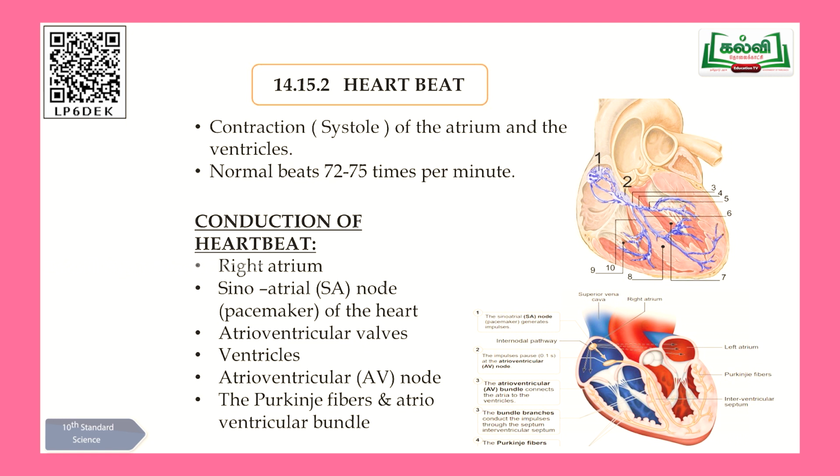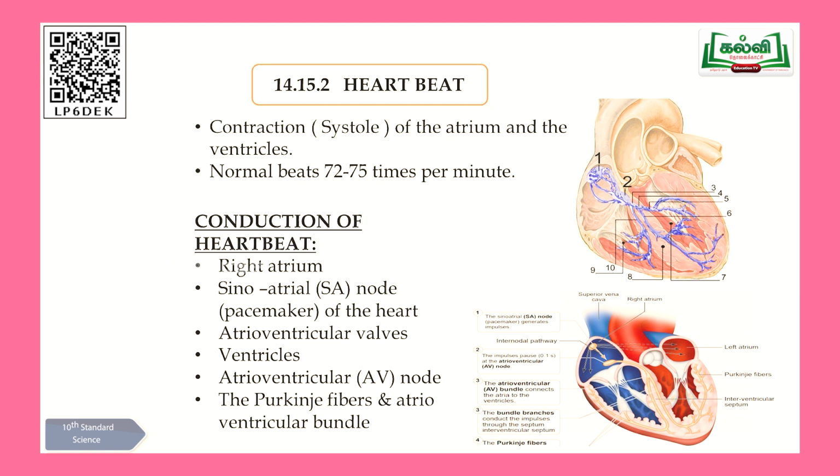That node will receive the impulse from the upper chamber. The vibration begins in the upper partition, and it will be passed on to the sino-auricular node through that valve. Now this vibration will be spread. You can look at the diagram, children, and it spreads to the ventricle. On the ventricle side you see so many branches, fibers. These fibers are called Purkinje fibers, because they were found out by a scientist called Purkinje. Purkinje is a scientist's name.